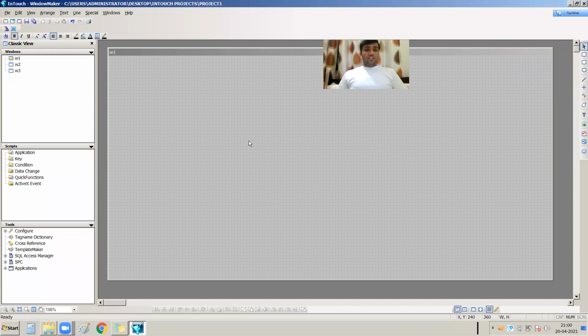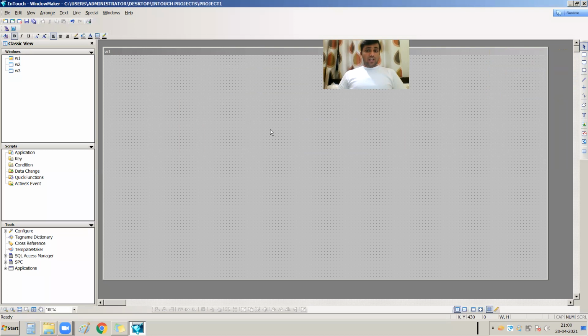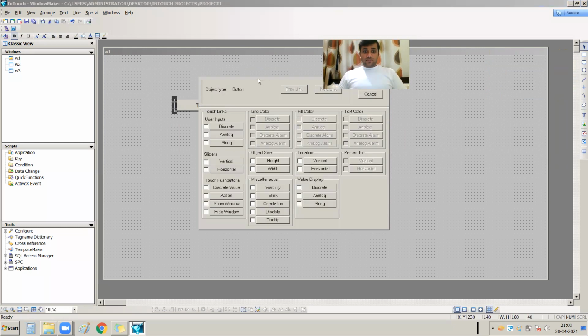I have opened my window w1. For example, right now I am taking one button. When I open this button, here is the user inputs section.